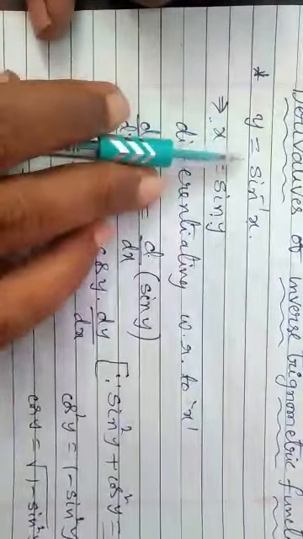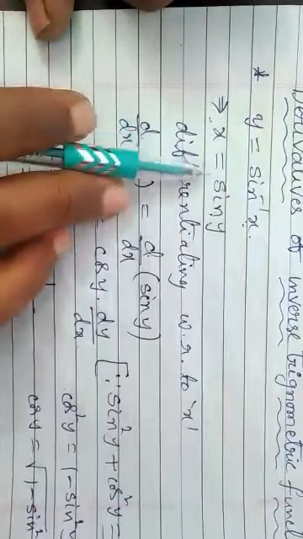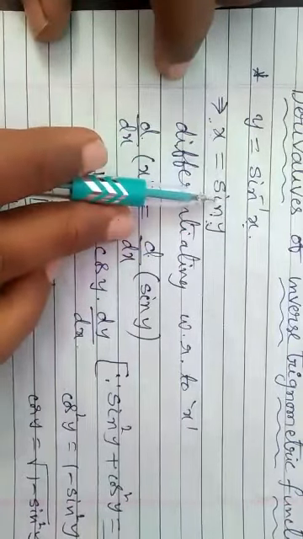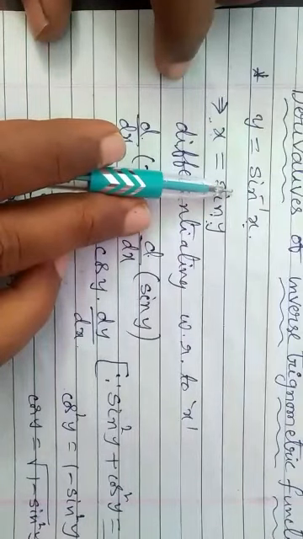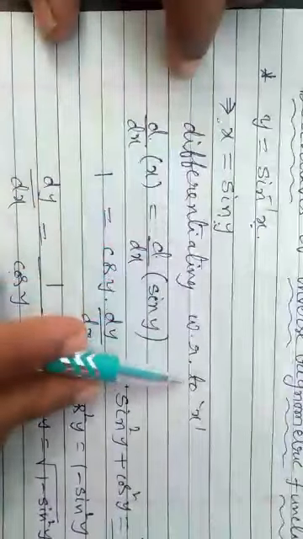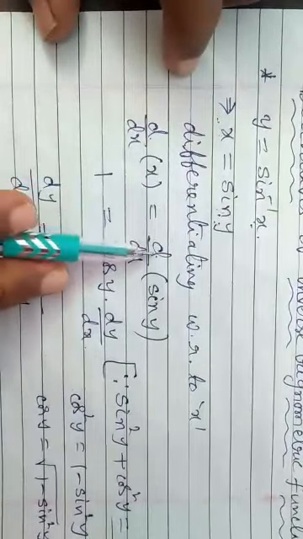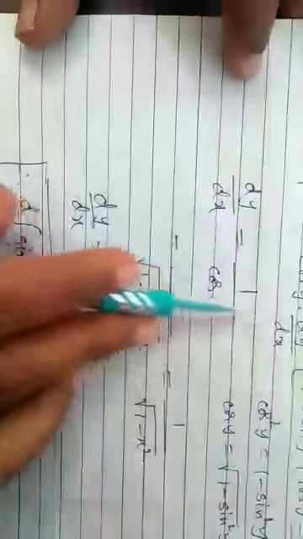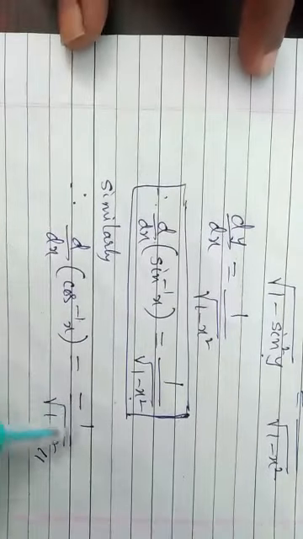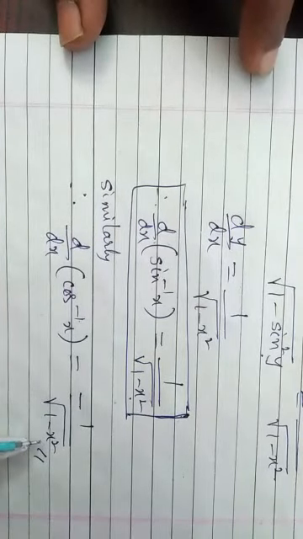Just consider the inverse trigonometric function y is equal to sine inverse x. That should make x is equal to sine y. We will learn the reason for this later in inverse trigonometry. Just consider x is equal to sine y. Differentiating with respect to x, we get d by dx of x is equal to d by dx of sine y. Then continue like this. You will get d by dx of sine inverse x is equal to 1 by root 1 minus x square. In the same manner, calculating d by dx of cos inverse x gives minus 1 by root 1 minus x square.